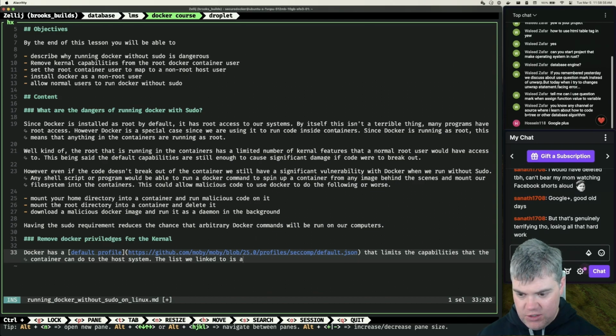The list we link to is an allow list, meaning that if the container, if the profile